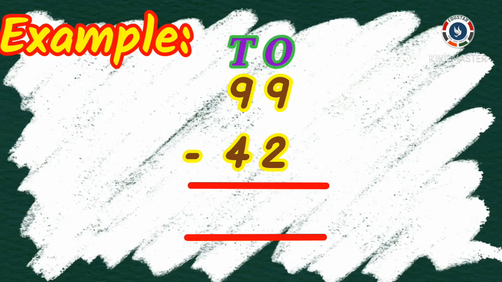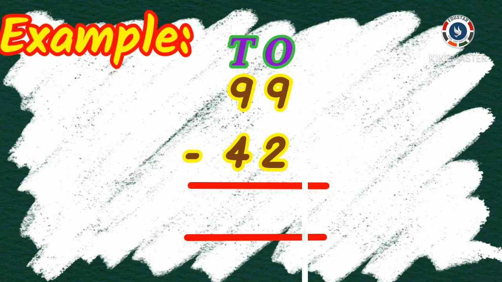We have to start the subtraction from ones place. Here 9 and 2 are the ones place numbers. The first step of subtraction is comparing the numbers. Here first number 9 is bigger than second number 2. So we can do this subtraction. Let us do by mind method. First keep the small number, that means second number 2, in our mind.